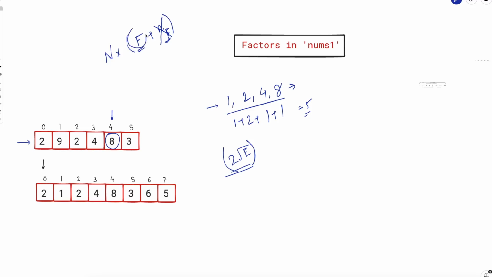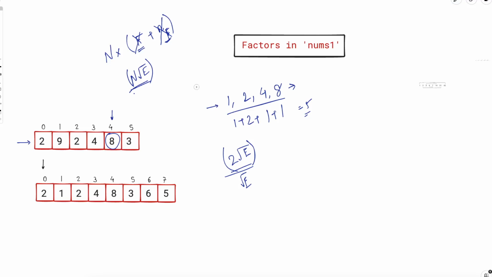Now plus f, which is basically how to find out all these factors. So that factorization also you can do in order root e time, right? So this is root e, this is also order root e, so the entire complexity would simply be n root e, which is sufficient to pass the given time constraint, right? So now we have